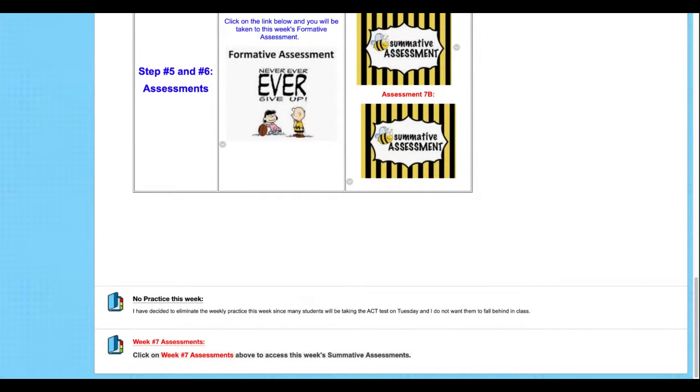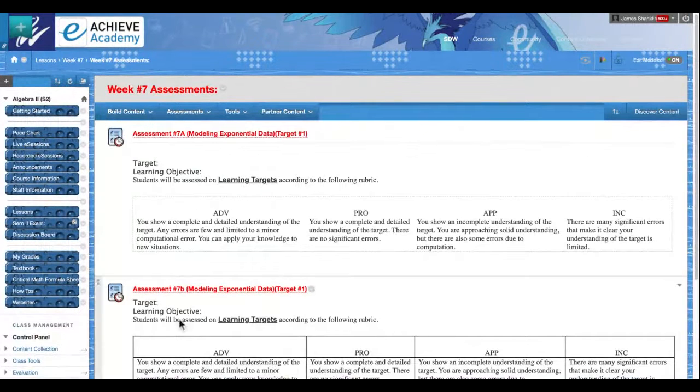However, if you had to do a practice for the week, this is where it is. It's the practice right there. Now, the assessment is right here. These are our 2 assessments. So if I open this, you will see 2 assessments, 7A and 7B, okay? Now, if I click on one of the assessments, 7A or 7B, and every week we have two assessments,